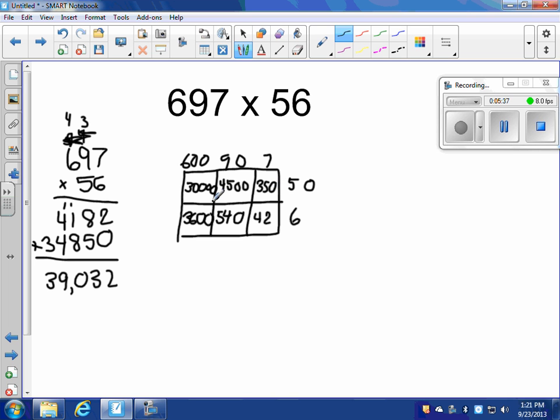So I will take 30,000 plus 4,500 plus 350. And when I add those straight across, I get 34,850. I'm going to add this row straight across, and when I add, I get 4,182. And if you compare this problem over here with the standard algorithm to what we just did, you'll see